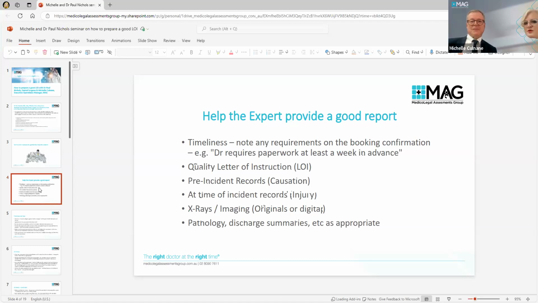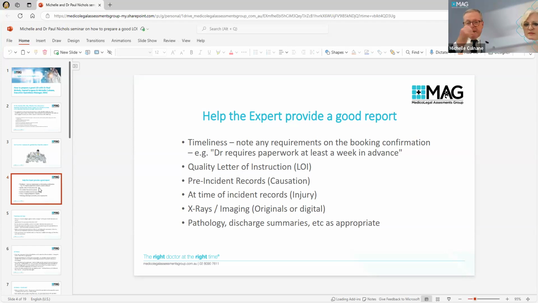Mm. And also on that, Dr. Paul, too, if you get the paperwork in advance, it gives you the opportunity to have a look at it and actually to then decide if this is outside of your scope of expertise. And much better for the lawyer or case manager to find that out well and truly before the appointment than on the day or the night before, and then to have to inconvenience the claimant and pay a cancellation fee because the paperwork was so late the doctor didn't have a chance to see whether they could even do that assessment.